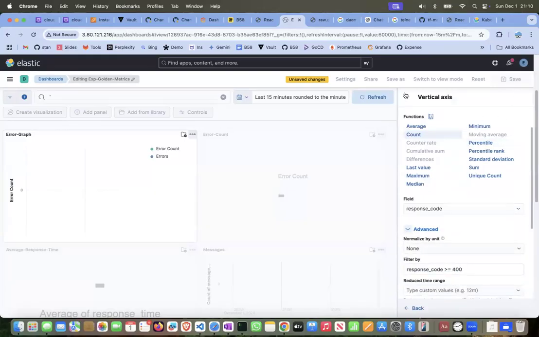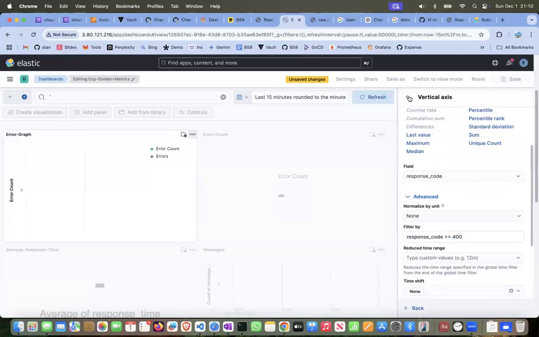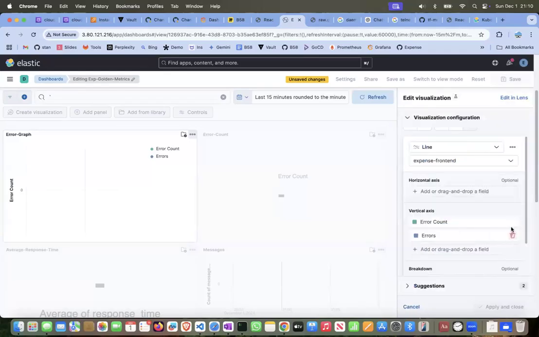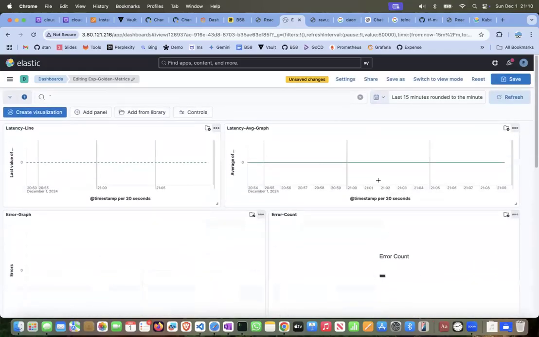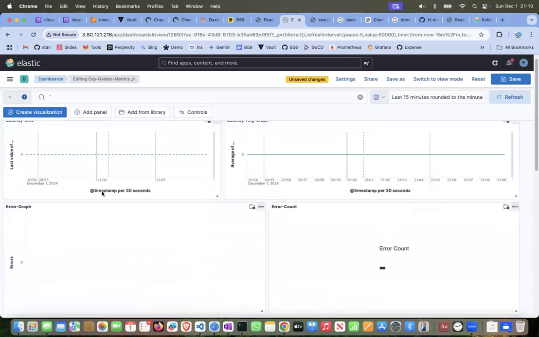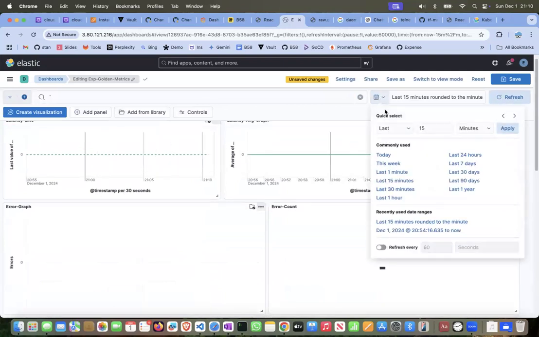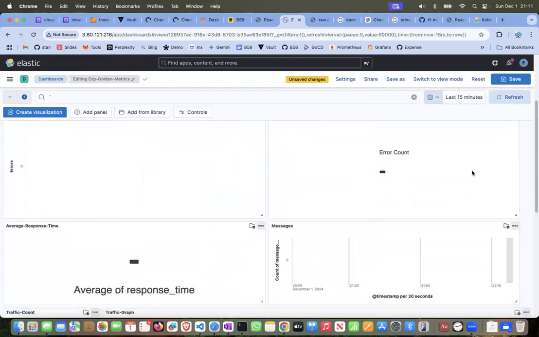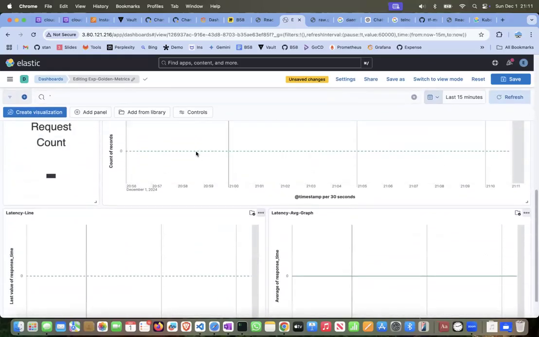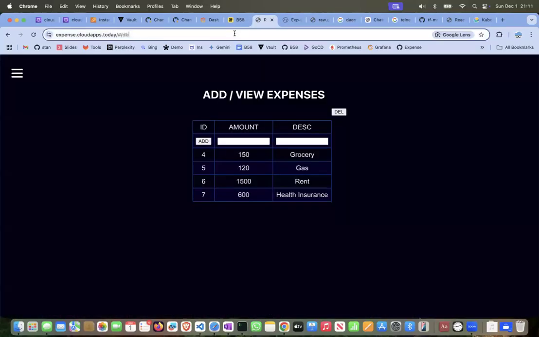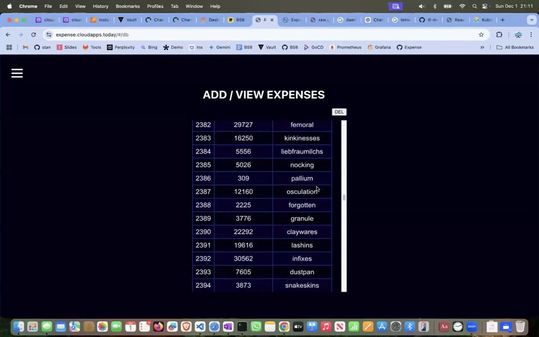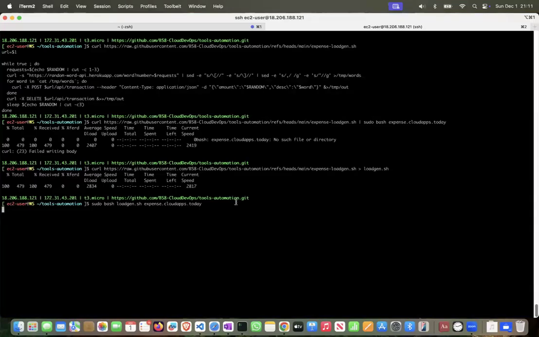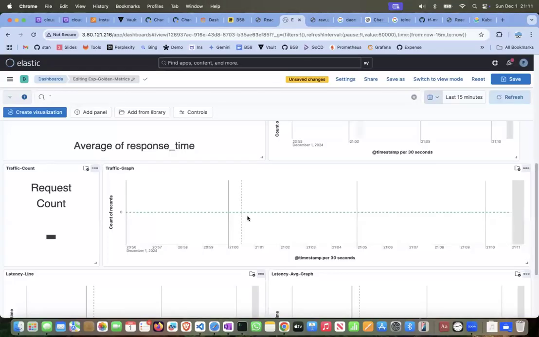We're done. Last 15 minutes. Why data is not showing up? Let me do some transactions. Can you see this, guys? Guys, can you see? These many transactions were made by this guy. During this time, if you want to see how it's performing,